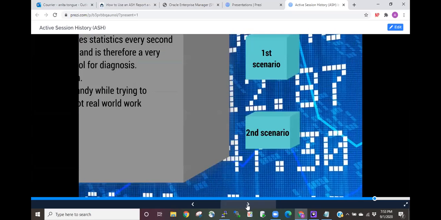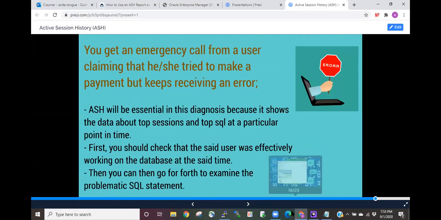Then I have another scenario here. This involves a specific issue, a specific SQL. You get an emergency call from a user claiming that he or she is trying to make a payment but keeps receiving an error. Here the ASH will be essential in diagnosing the issue because it shows the data about the top session and the top SQL at a particular point in time. So you can just go back in time and see what happened at that time without having the user